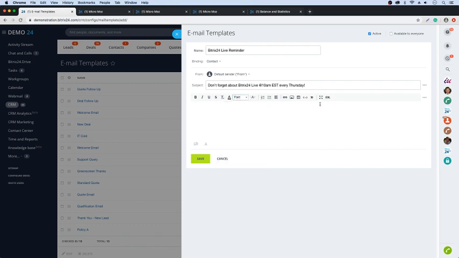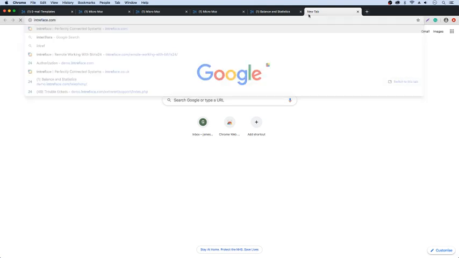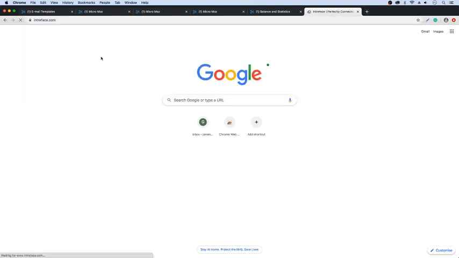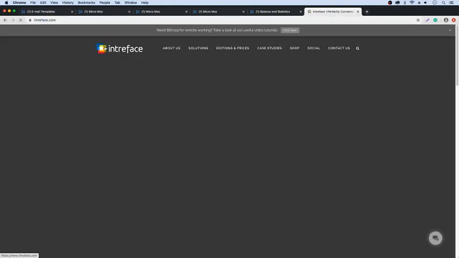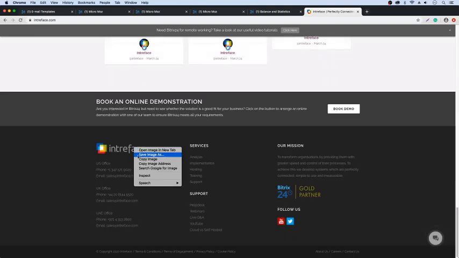However, if you do want to brand this up, switch it to email. You can then just insert your own HTML into here. You can brand it up however you wish. You can put your email signature in here. So you can add a little logo in here if you wanted to. So if I went to, let's see if I can do it, intraphase.com, and let's get the logo from here. In fact, that one's going to be white. Let's have a grey logo,